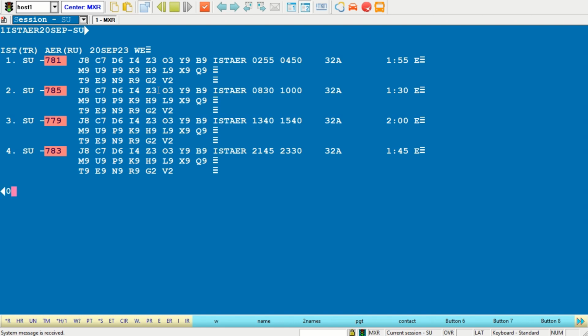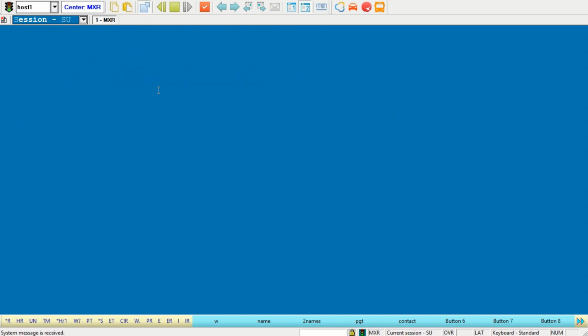Then let's take from the first line, booking code will be N, number of seats will be 2. So let's book 2 seats. And then let's add